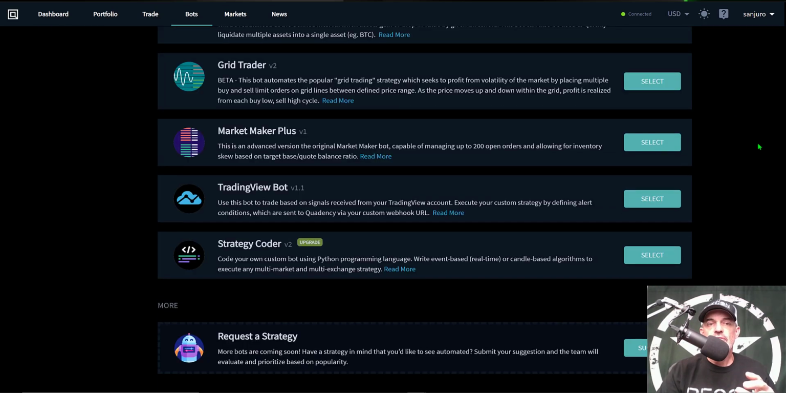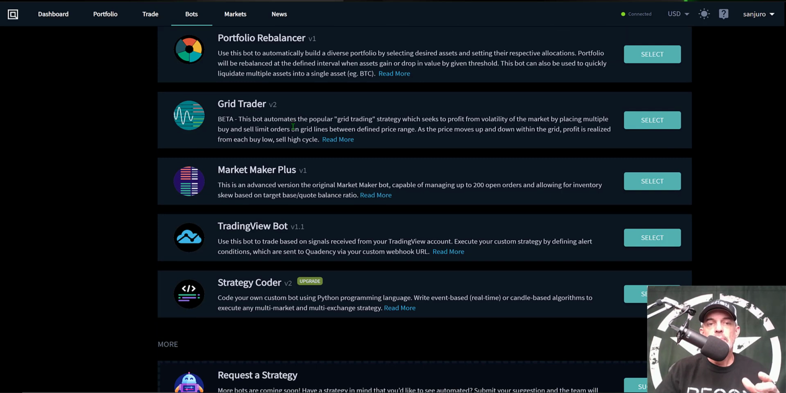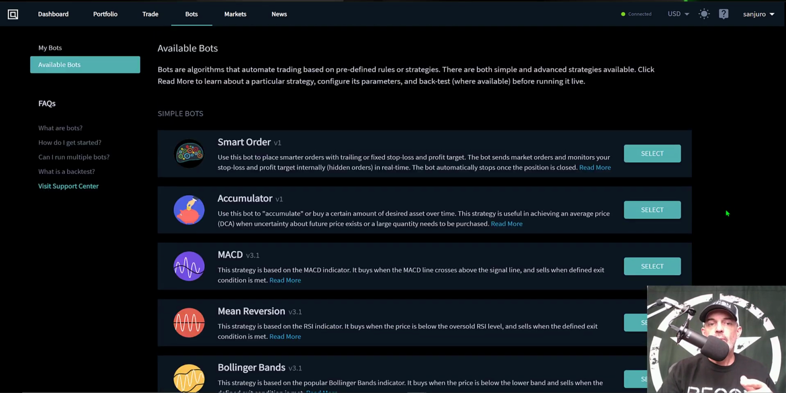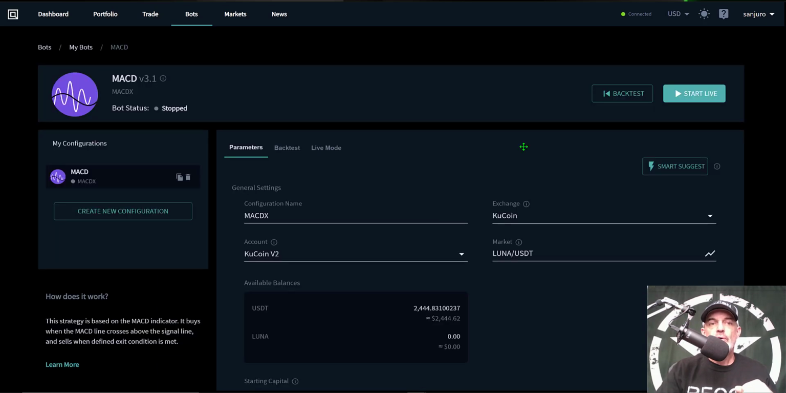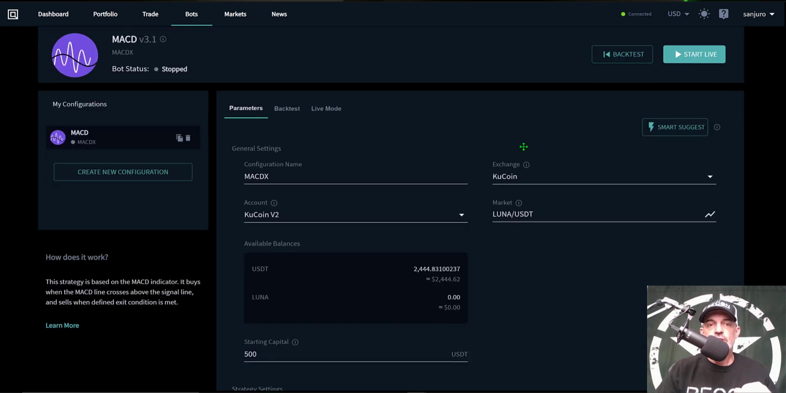Then they have some more advanced bots, including a grid bot and a market maker. You could also send alerts from TradingView to execute buy or sell triggers. But these advanced bots do require that pro plan I just showed you how to get for free. Now, let's go ahead and select the MACD bot. So we just click on select, and that will bring up the parameters that you need to configure for this